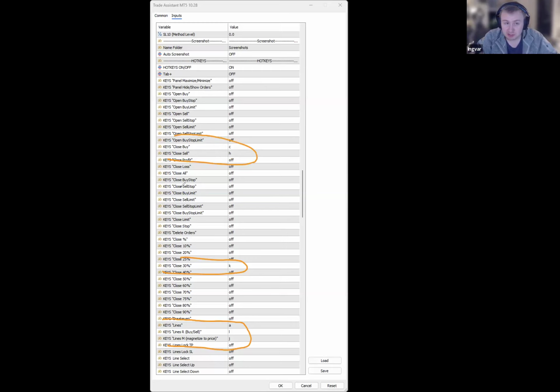But yeah, in terms of the shortcuts, this is what I recommend. So here it's basically like it says. If you click on a button, it will close the buy. If you click on the other button, it will close the sell. And here as well, if you want to have an automatic break even, you just enable this one. And here one, this is the lines. The lines means that if you click on that button, then the long or short position